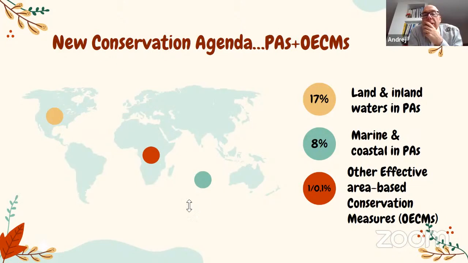And we are reaching it, if we would be able to include all protected areas that are not currently in the world database on protected areas, for example, some protected areas in Turkey, for which we know that they exist, but they're not in the world database, so they cannot count into this 17% of land in protected areas. We reached this 17% somehow on land. We almost reached the marine target,